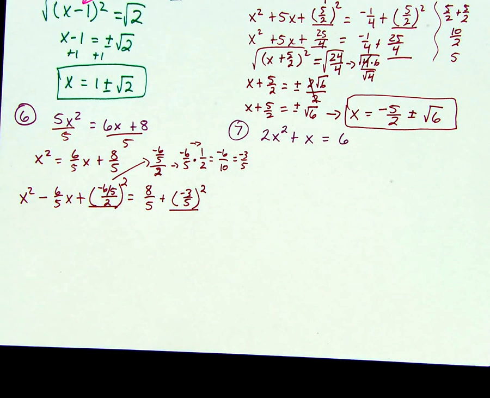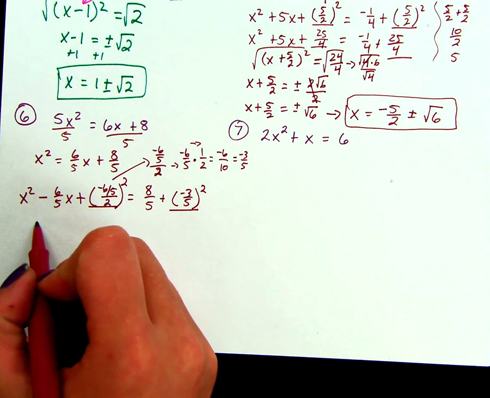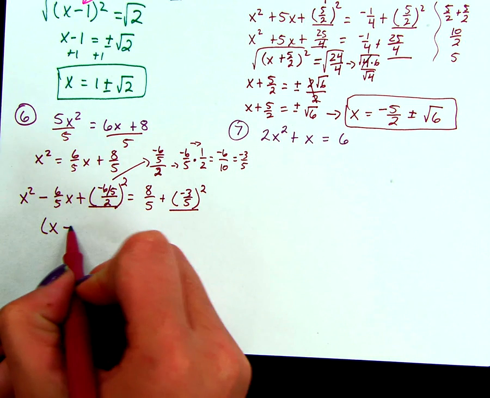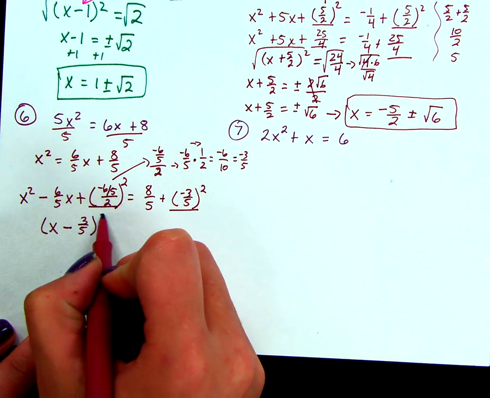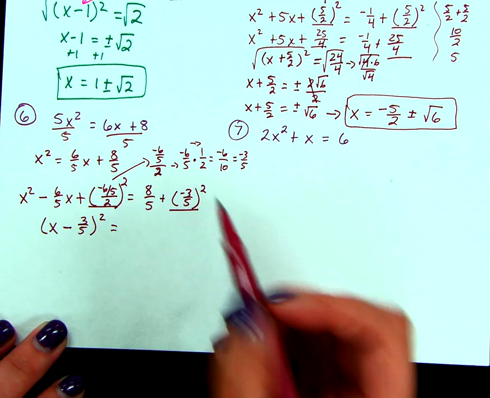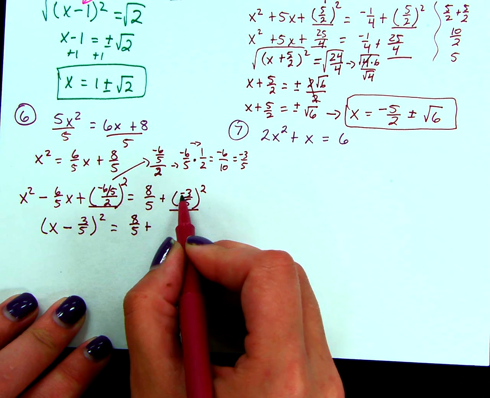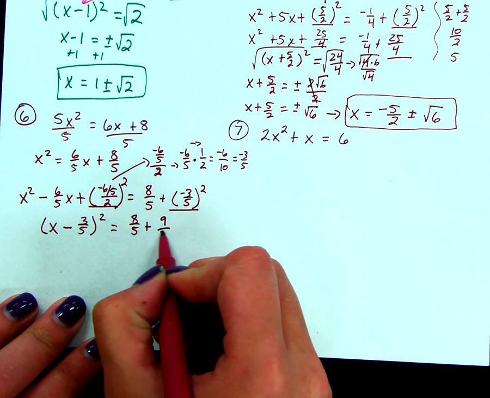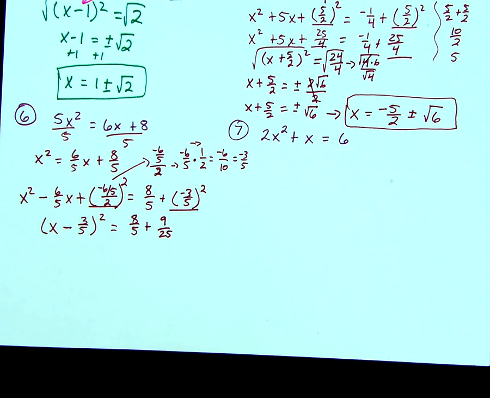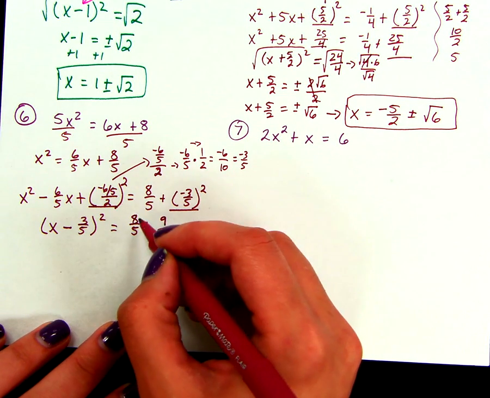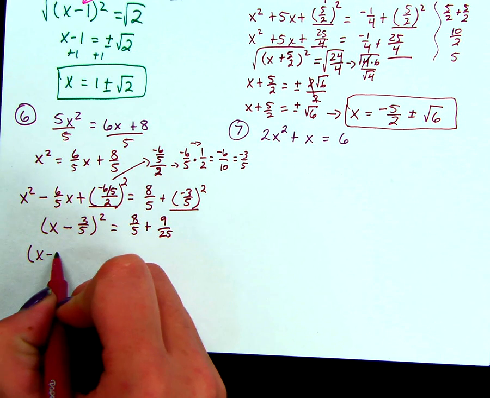Now we're going to simplify. Again, I'm going to use my shortcut rule. On this side, it's going to factor into x, and then I have a negative, so minus 3/5 squared, equals, and here we have to simplify. We're going to have 8/5 plus, and then negative 3 squared is 9, 5 squared is 25. I need to combine like terms, so that means I need a common denominator. I have to multiply this part by 5. So I'm going to have x minus 3/5 squared